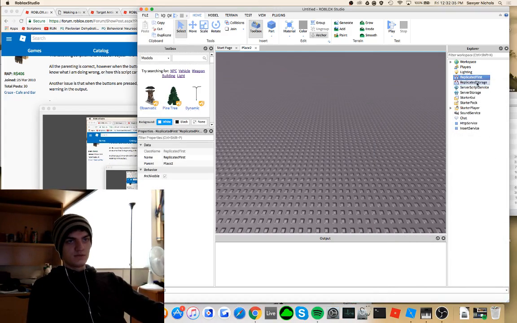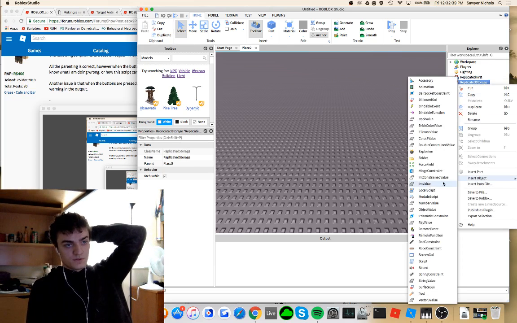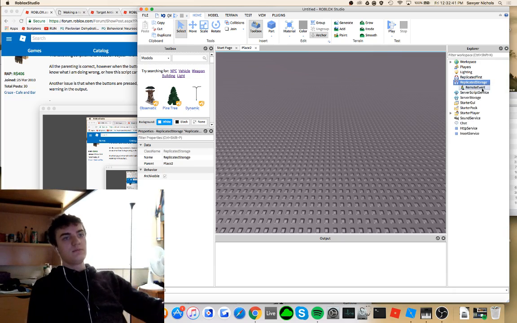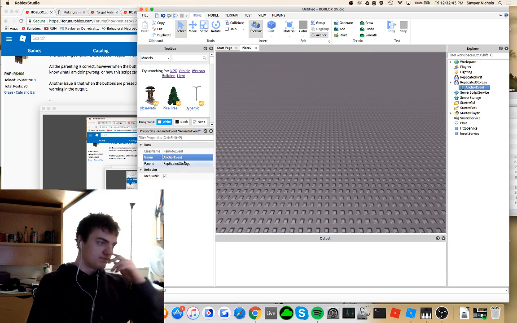Let's go to replicated storage. Insert object, remote event. We're going to name this our anchor event. Cool. Now, in the local GUI,